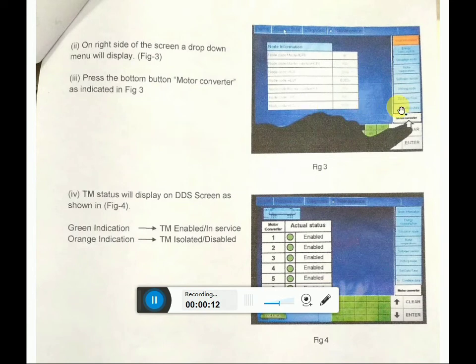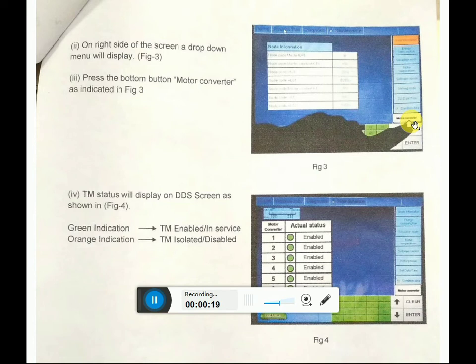Now TM status will display on the DDS screen. So you can see here each traction motor status. It is indicating green enable means all traction motors are working. Indicating orange disable means TM isolation.